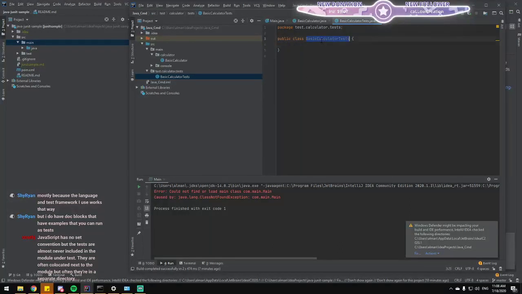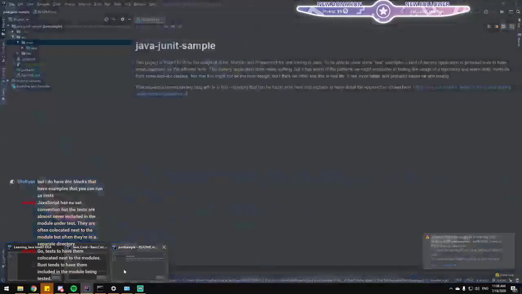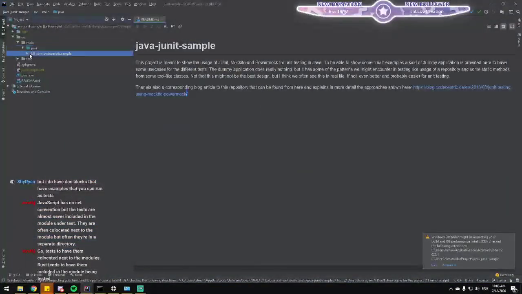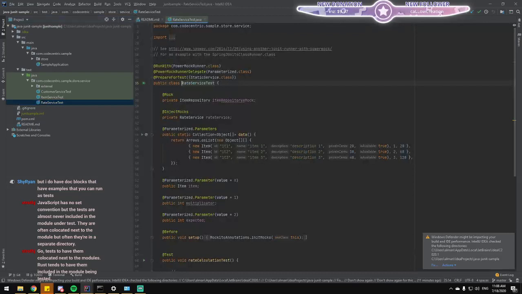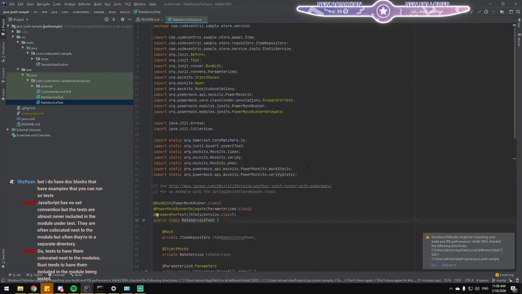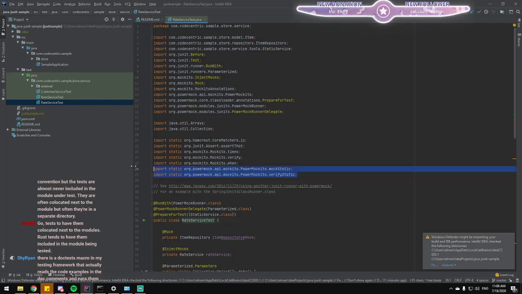Okay. Basic calculator tests. So let's look at the guy's example and steal the namespaces that he used. Test. A bunch of imports. Mock static, verify static, Mockito.